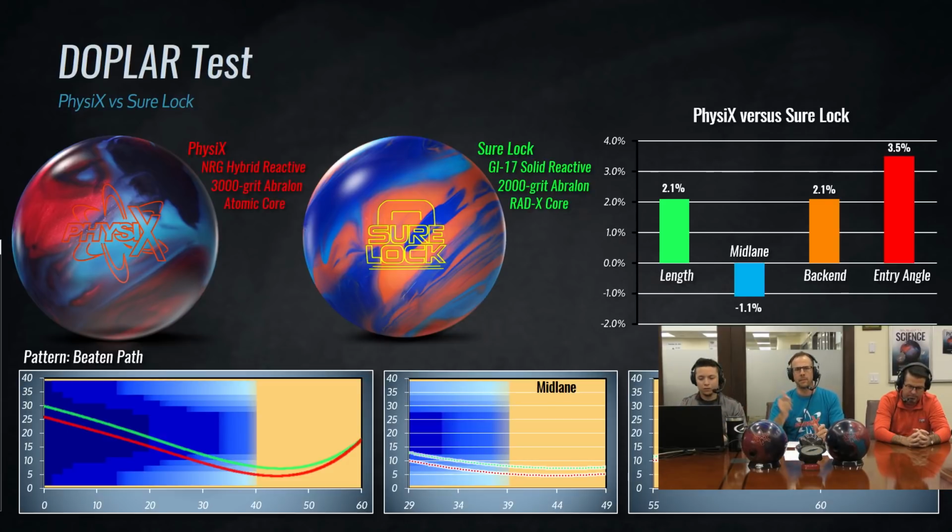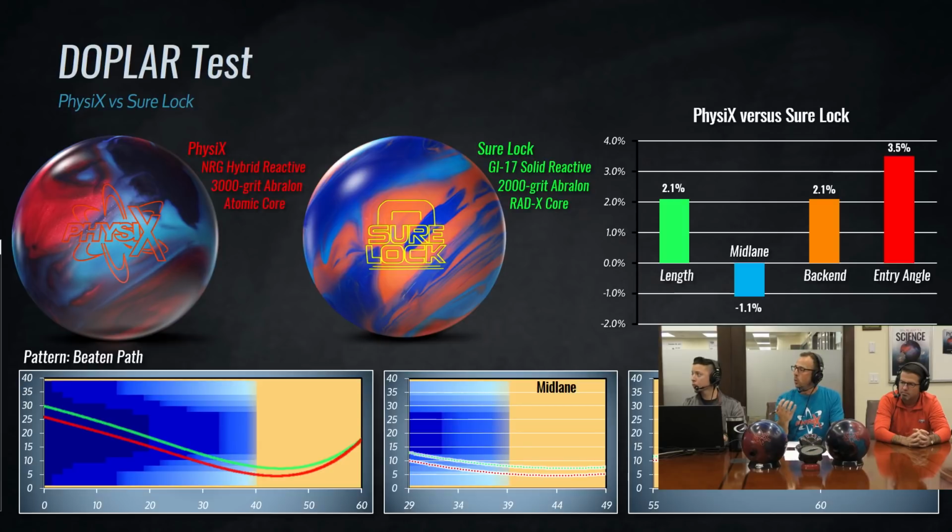Yeah, and I'm glad you brought that up, because a lot of bowlers, when they come in, only think about hook, like what hooks the most and what hooks the least. They don't really look at what is going to get into the earliest roll, or what's going to hook the most or the least in the mid lane, what's going to give you the most traction. For the Sherlock, I typically will play a little bit deeper as far as the laydown goes, because it does pick up and read earlier, but I can't get it out near as far to the outside as I can with the Physix.